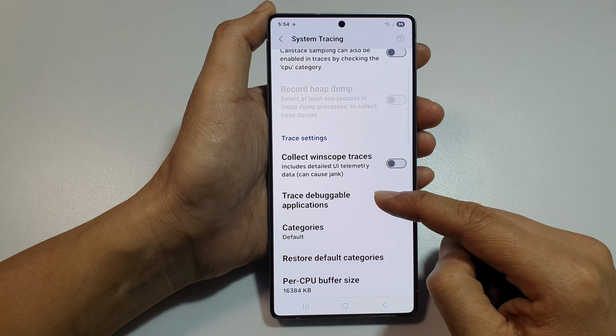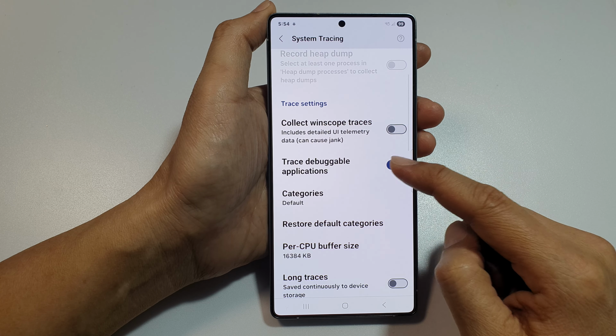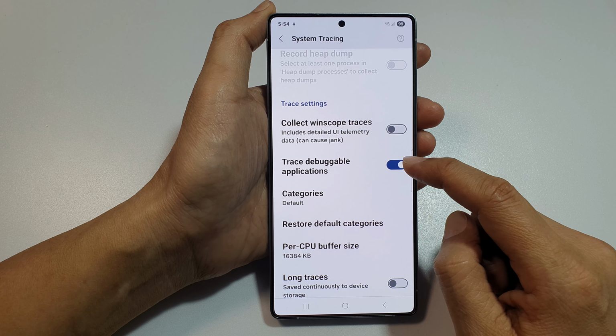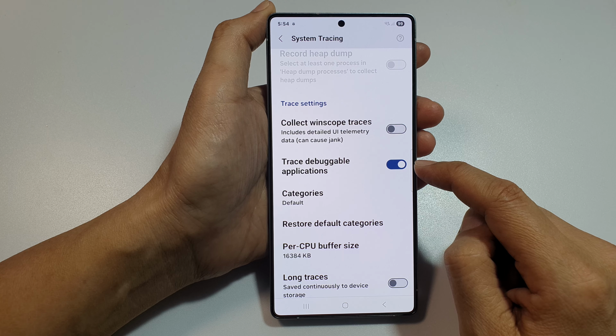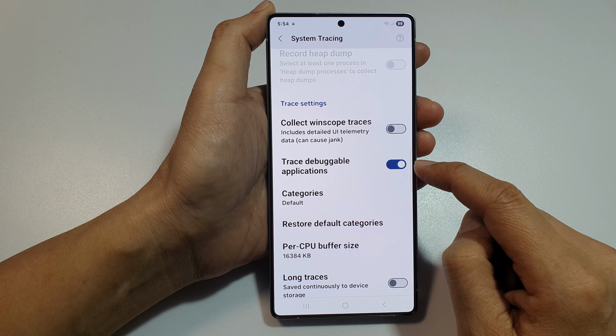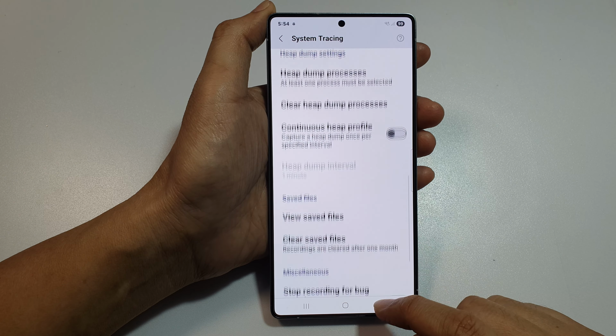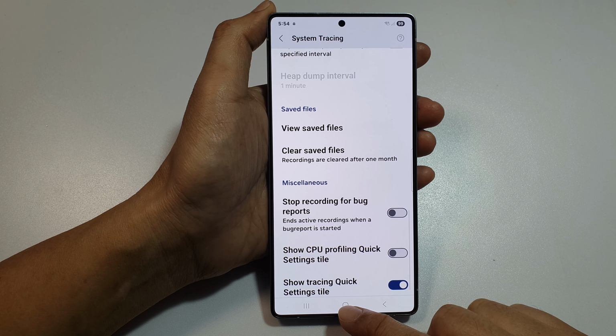From here, go down to the trace settings section and tap on trace debuggable applications. Tap on the toggle button to turn it off or switch it on. And that's it. After that, you can tap on the back key, tap on the home button to return back